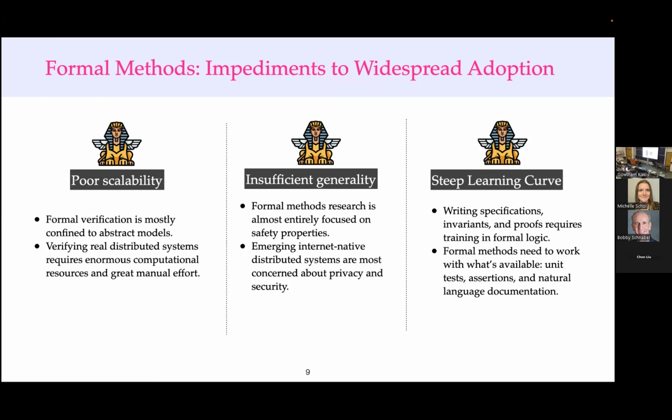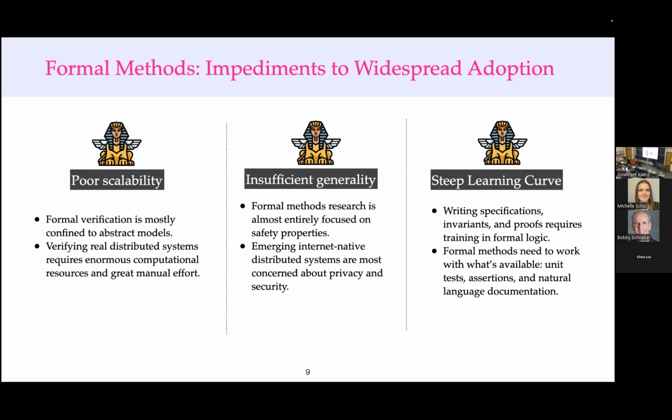So we want to support programmers in the development of this new sort of software, the new application architectures. So we want widespread adoption of formal methods, right? So these are the impediments to widespread adoption of formal methods. So one is poor scalability, right? So formal verification is mostly confined to abstract models because verifying real distributed systems requires enormous computational resources and a